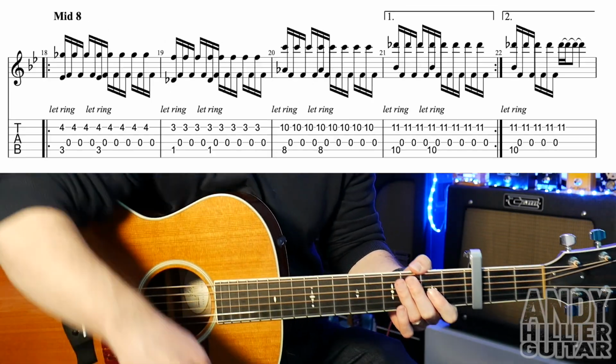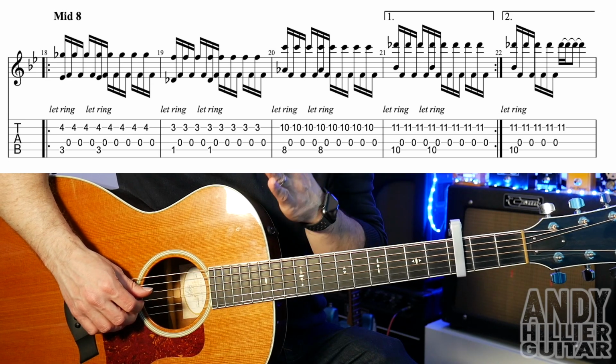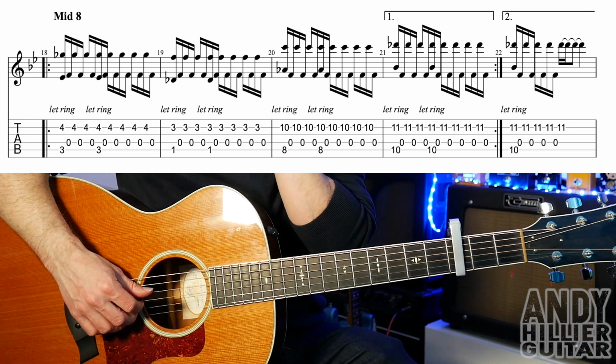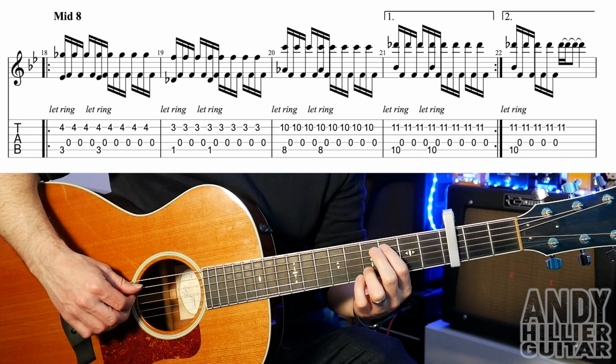So that's the chorus of the song, and then it goes back to the verse where you play the whole line twice, and then the bridge, and then the chorus, and then there's a middle 8 which is slightly different. So we've got